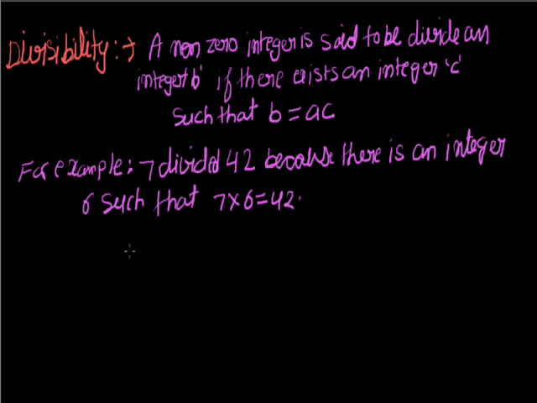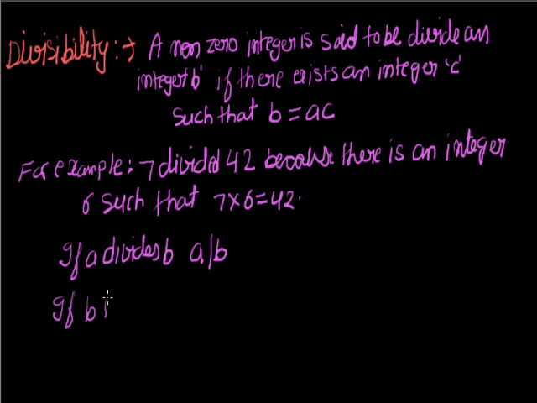It means if a non-zero integer a divides an integer b, then it can be written as a, a straight line, then b. The meaning of this is a divides b. And if a does not divide b, that is, if b is not divisible by a,